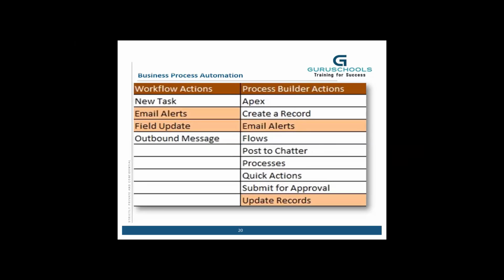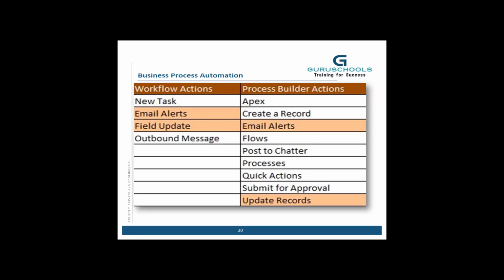The very popular topic in Salesforce is business process automation. Here, without writing a single line of code, we can build our automation, like workflow actions. You can see that there are four actions available: new task, email alerts, field update, outbound messages. We can do these four actions through workflows, but it was limited, so to make sure our business process automation runs very good and smooth,